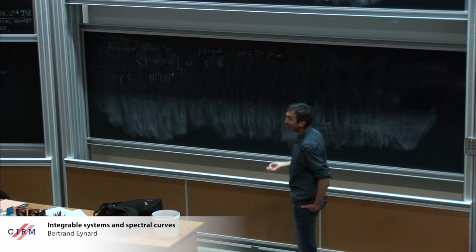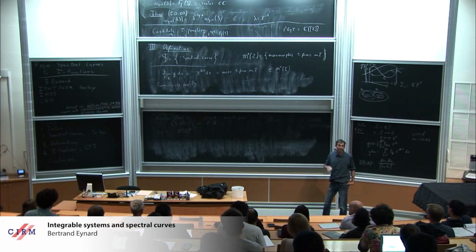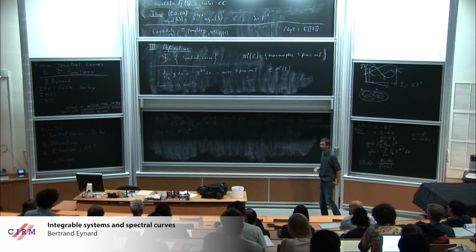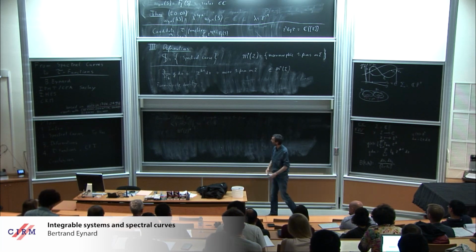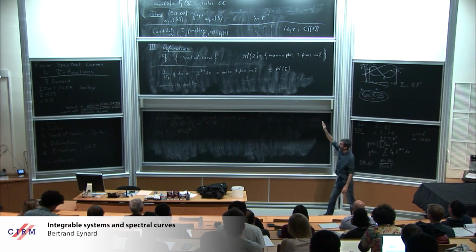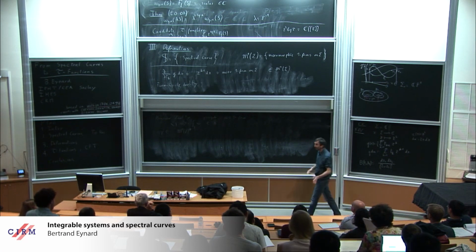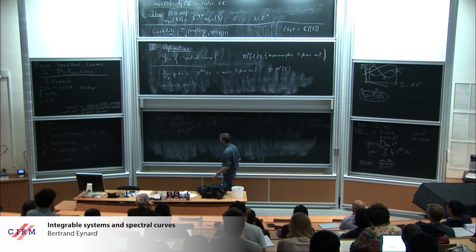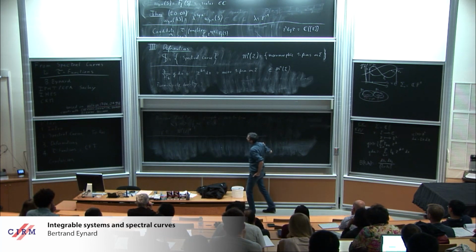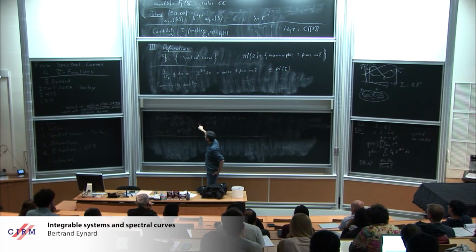So a cycle is an element of a dual. Not all elements of a dual are cycles. The space of the dual, so this was an infinite dimensional vector space. Its dual is really very, very large, and it contains many things that are not cycles. So when you have a cycle, you can integrate a form.